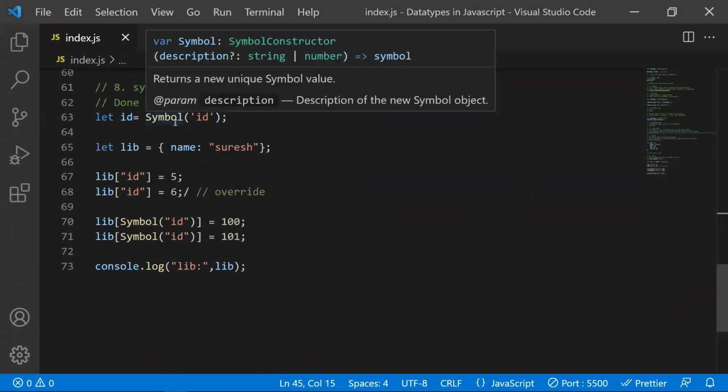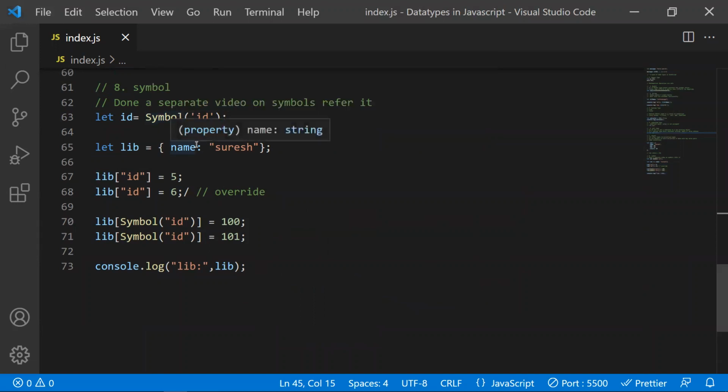So what I'm trying to explain is that we use a symbol to define a unique identifier. If you have a third party library, and you want to add your own property to that library and assign a value, then that value will be there. In later versions, if that library tries to add a property with the same ID, the same key, then the above value would be overridden.